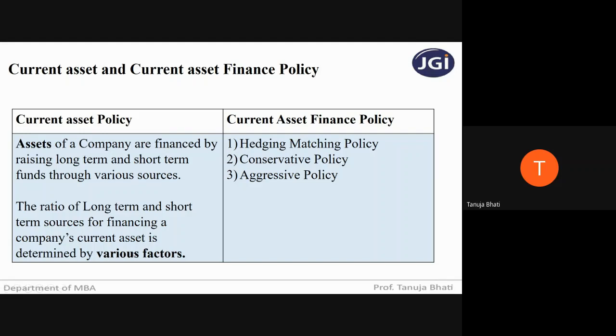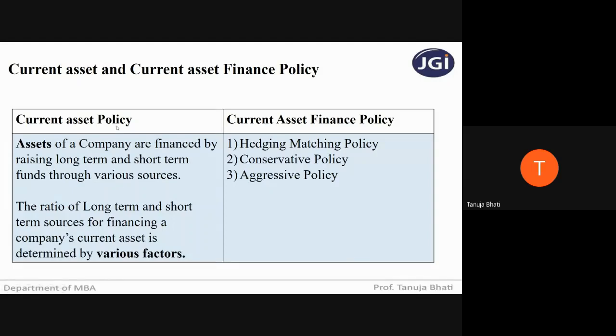See, the company has to prepare a policy. Policy means it has to document how my current assets are going to be financed. Every company will establish a level of current asset. Obviously, a company wants surplus net working capital. It will not want that it should not pay the obligations. So a company wants the current assets to be more than the current liabilities, so it has a surplus, correct? So it has to first establish the amount of current assets that is required. Then it will determine by the policy what mix of long term and short term debt should be employed by the company in order to support the current assets. Again, I'm repeating, current asset policy is nothing but a document